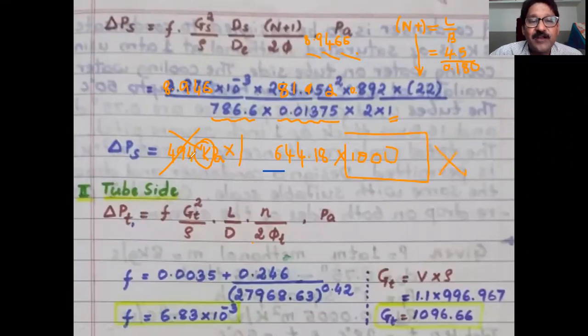You are telling 494 kilopascal or pascal, what have you got? I only got the area, sir. So the value will be 644 Newton per meter square or Pascal. So this is the answer. Kilo means 1000, but kilo is not there. Only 644.18 Newton per meter square or Pascal.